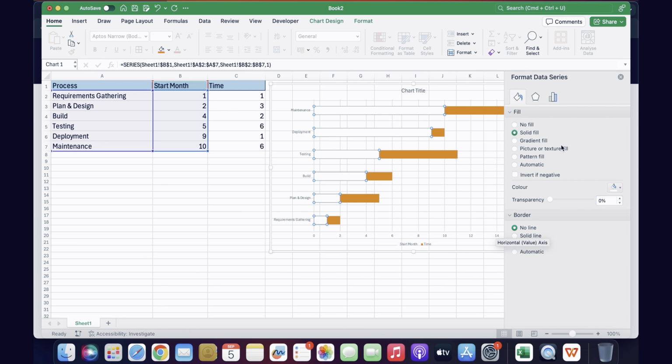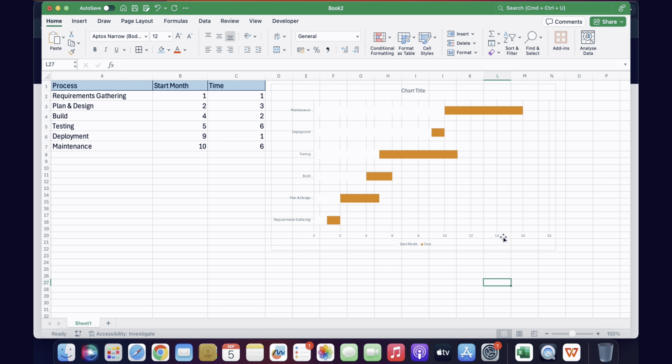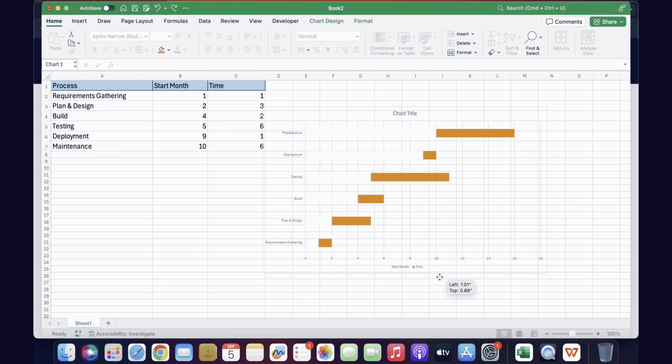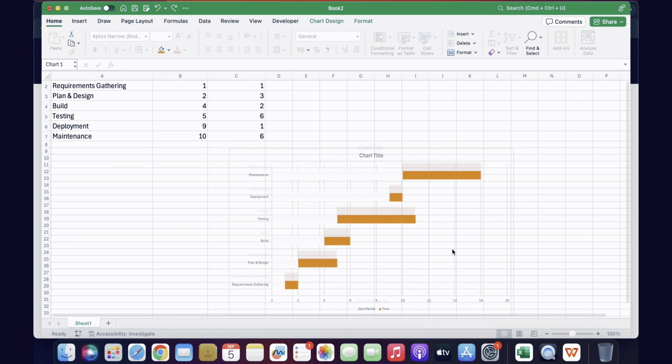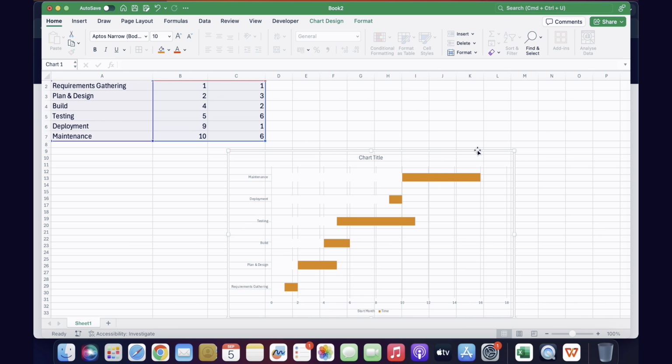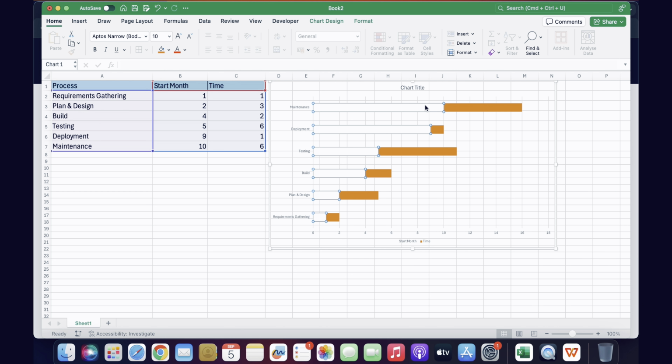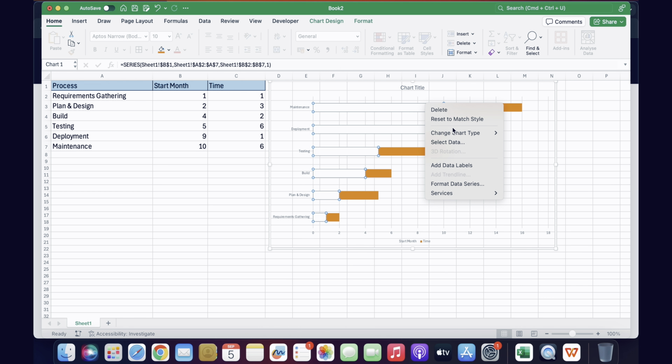So the one drawback here is, I'll show you, this is not the right way. See, here you have this white color filled, that's why your axis at the background is looking off. You can figure out there is something in white there. So to fix this, we'll click on this again and click on the format data series from here,